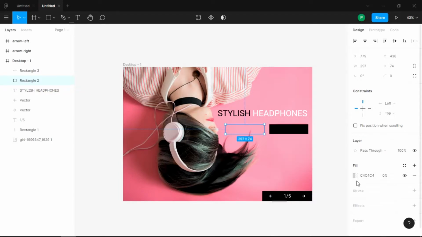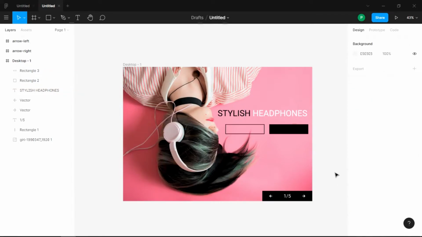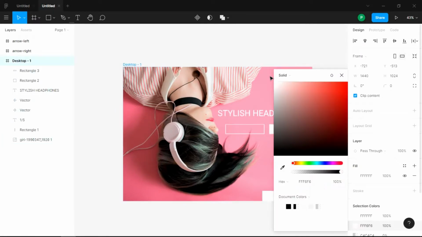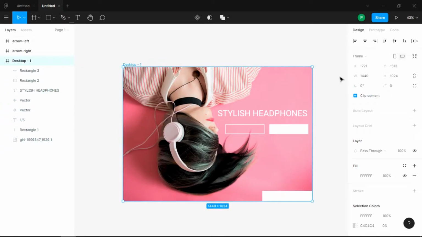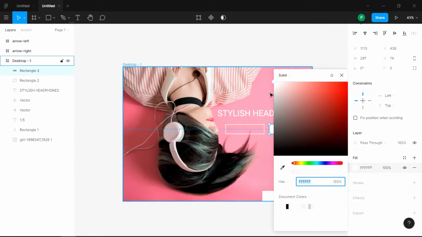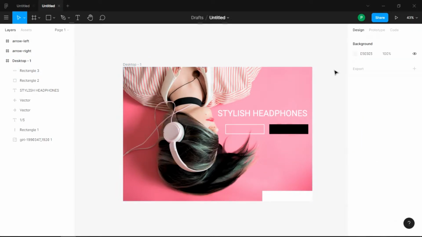Let's just make this transparent and let's add stroke to it. Let's just add one stroke and let's change the pixels to 3. So we'll get a more broader border around our button. And let's change the color to white. This way, let's change the right button. Okay, let's make it black. I don't know how that's changed to white color. I changed it to white. I changed it to black color before.